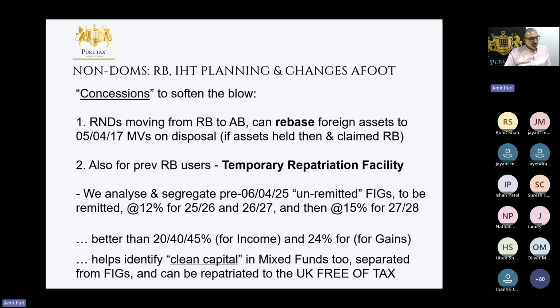That's one thing. And they've extended it, so there's an additional year, 3 years. The rate goes up a little bit to 15%. But again, there's an opportunity for people to bring income that would otherwise be chargeable at 40, 45%, for example, and gains which are now chargeable at 24% using these special rates. So it's definitely worth people thinking.